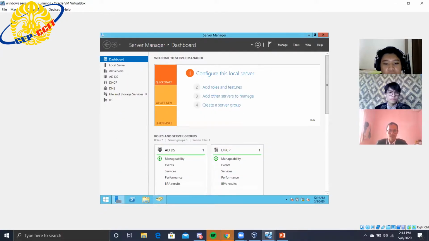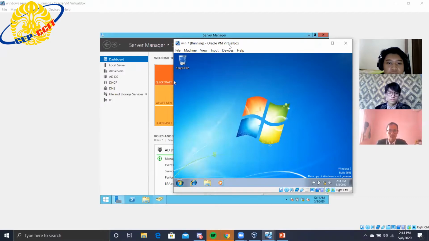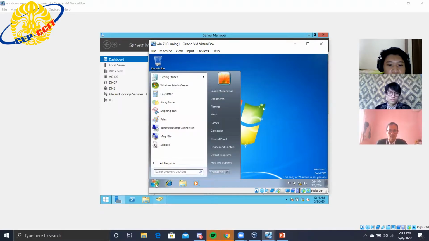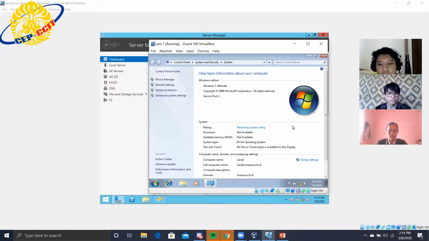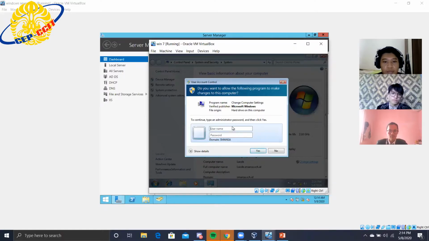And next, we test on the client, logging in with Active Directory. Right-click on computer, go to properties, change settings, administrator.